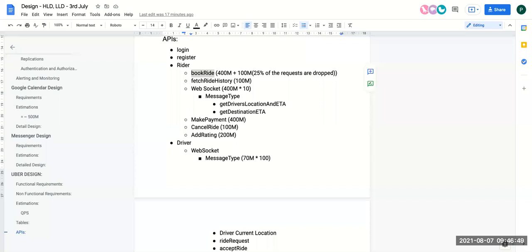Now, in case of web services, it will call some other service which will take care of allocating the resources, and based on that, it will give you the cost and you'll make a payment. So the make payment API in the payment service is common across 3 different platforms because we are using the microservice architecture. Now, for each of these 3 platforms, the front-end services will be different.